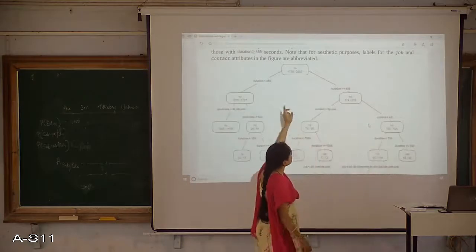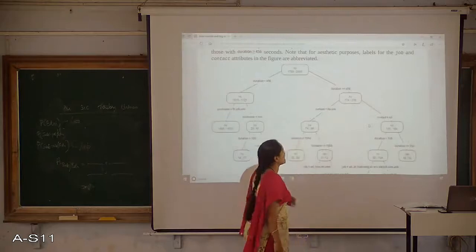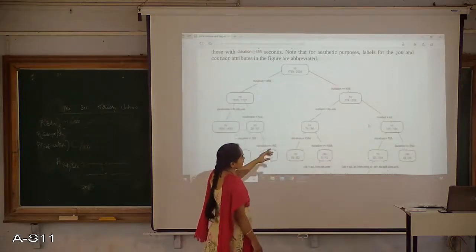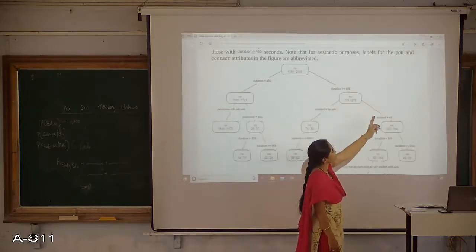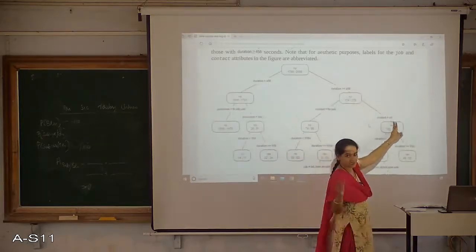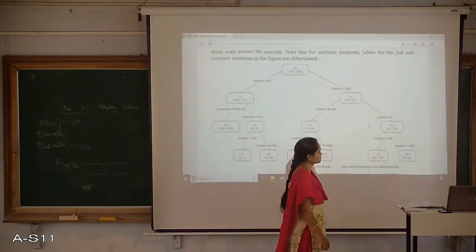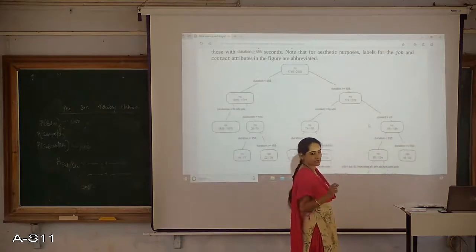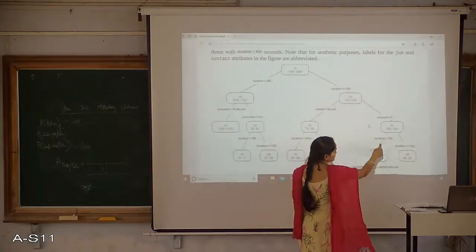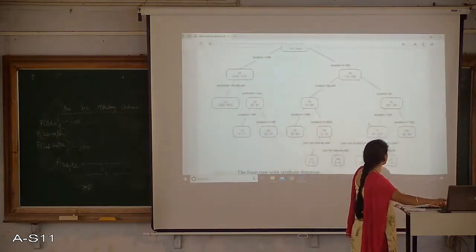So duration is greater than 456, so I will come towards the right side of the tree. Then I will check whether the contact is through telephone or unknown or cellular. The entry in the test case says that it is cellular. Then I will come to duration, whether it is lesser than 700 or greater than 700. 598 is lesser than 700, so I will go towards the left side of the tree.